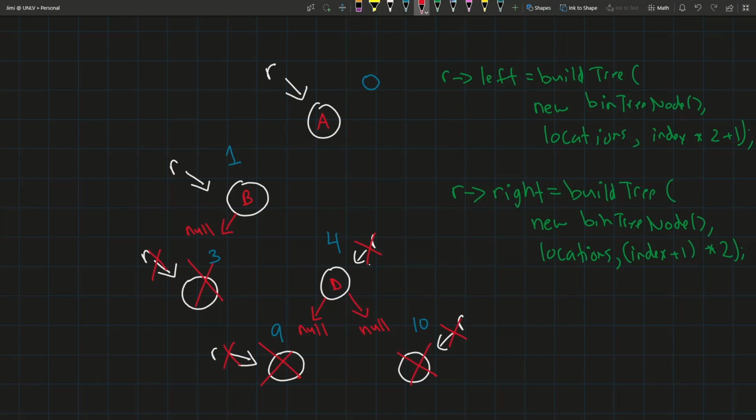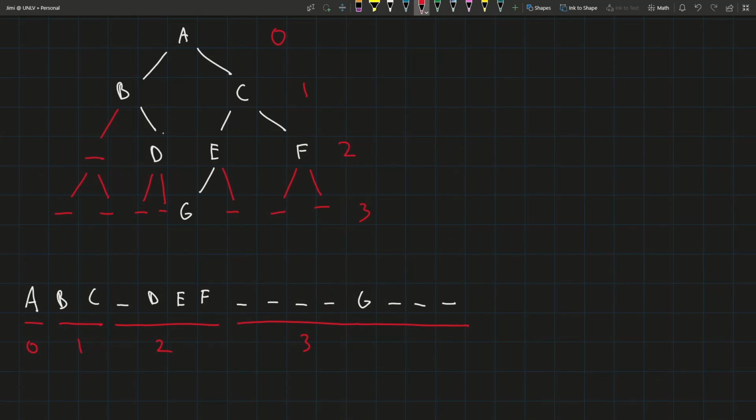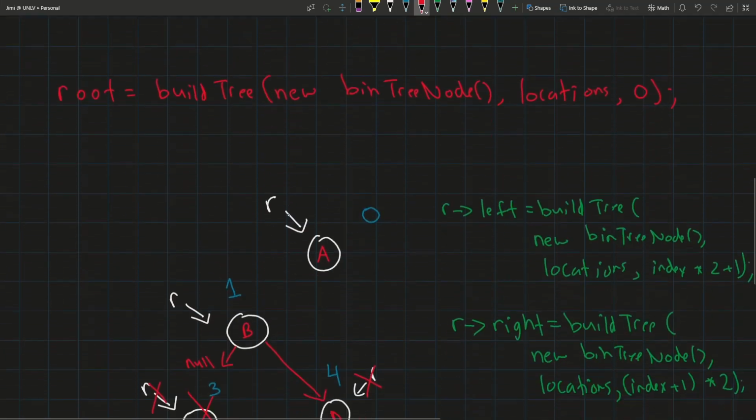So what happens here is that we last left off on that line when r pointed to that node B. And then this function call returned the address of this node. So r right will be assigned to that node. So B's right side is going to be D,